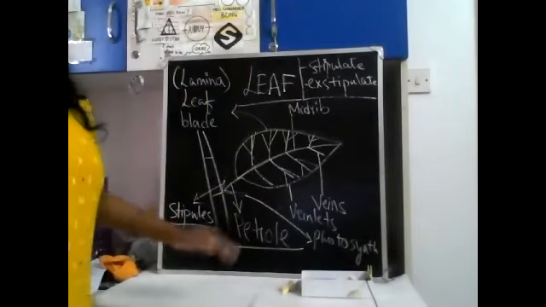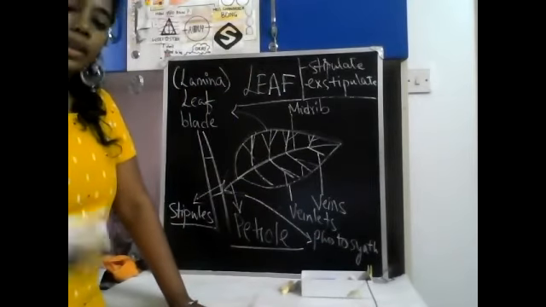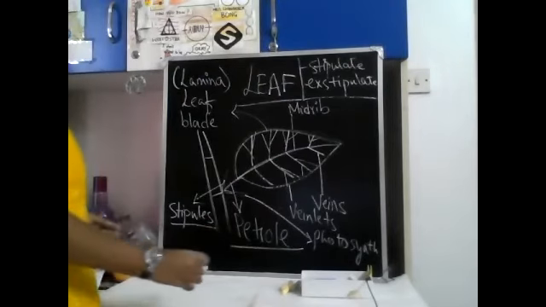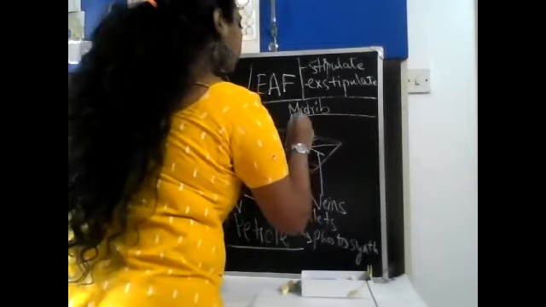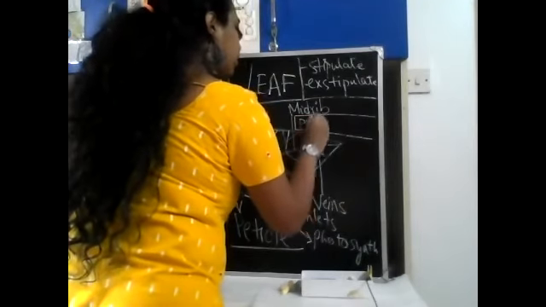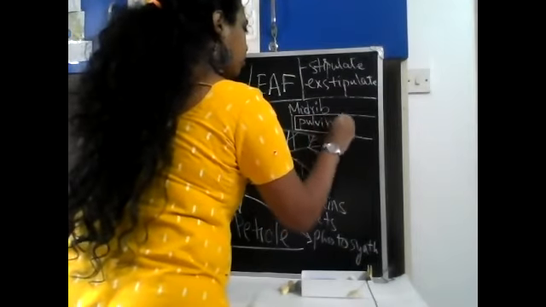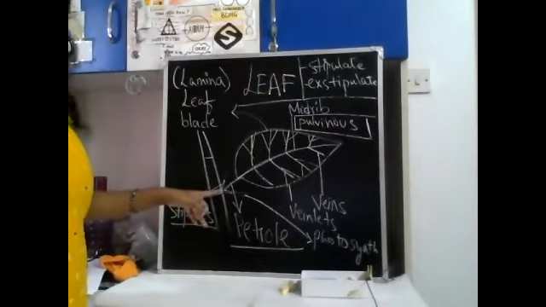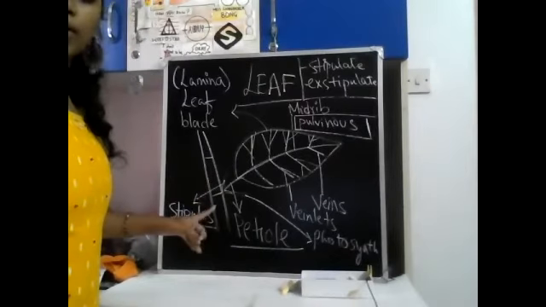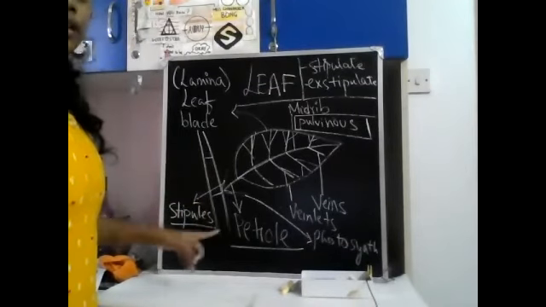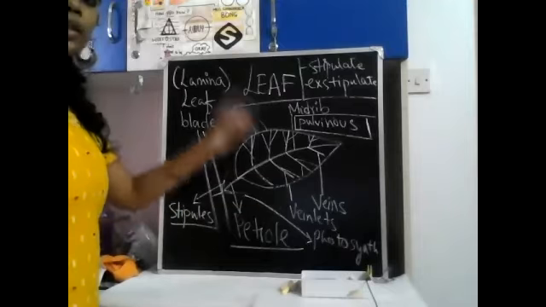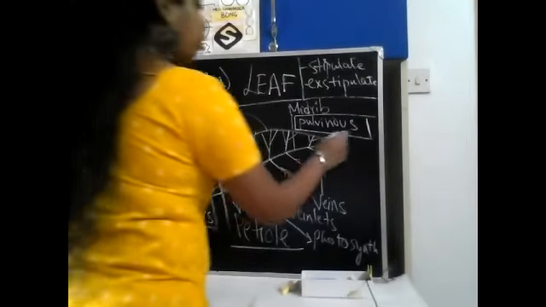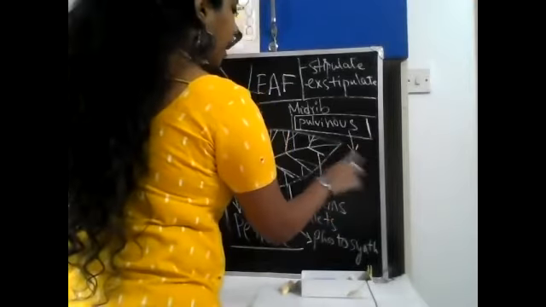Okay, if they are photosynthetic, then those are called pulvinous leaves. I'll just write this here. Pulvinous. Pulvinous is when the structures at the base of the petiole are photosynthetic. They are called pulvinous leaves. And for example, for pulvinous, you have